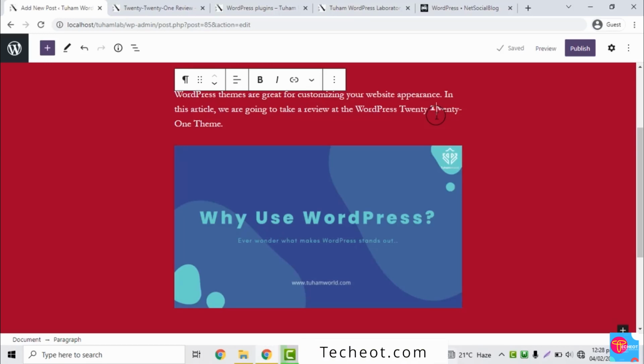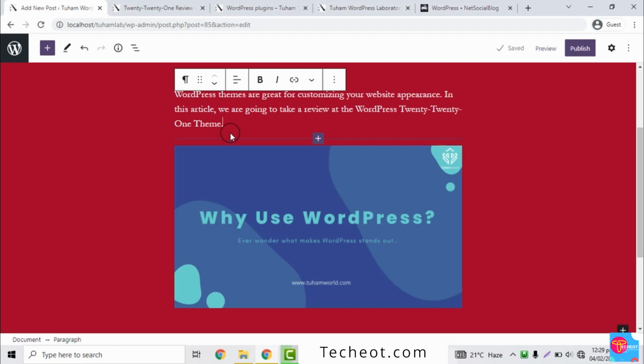So now we've learned how to write the introduction, which is the paragraph of the post body, and also how to add an image. The reason why Gutenberg is a powerful block editor is that what you can add into your post body is much more than just text and images. There are a lot of options and a lot of things that you can add inside your post body, and if you want to see and view all of these options,